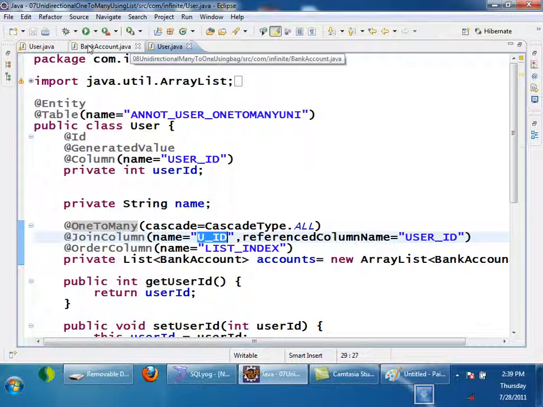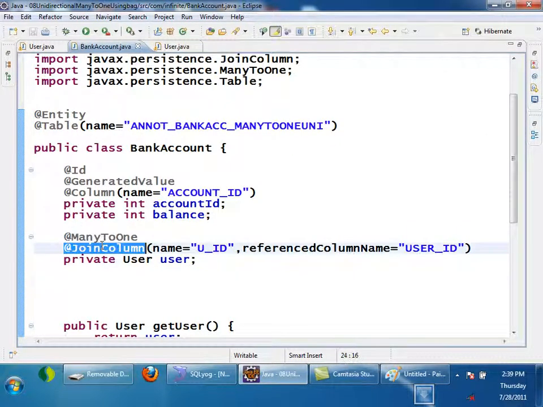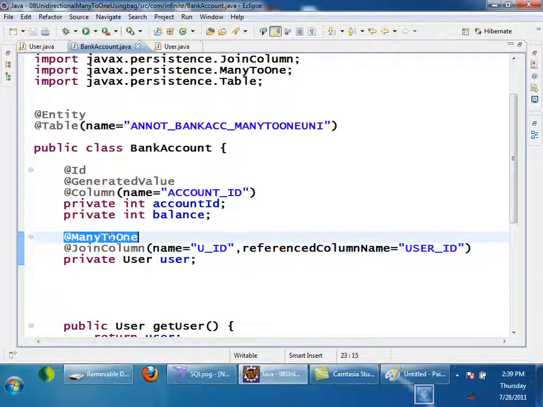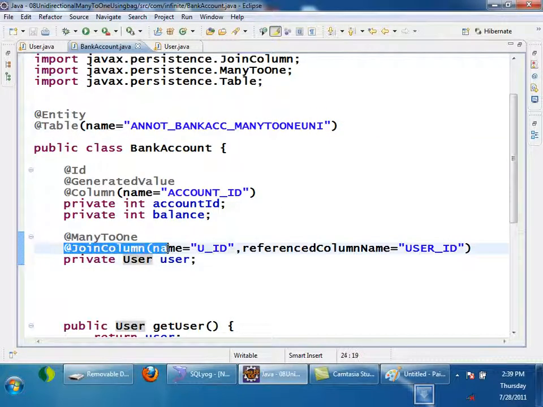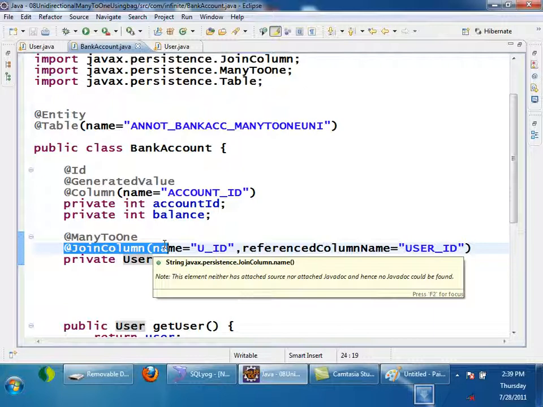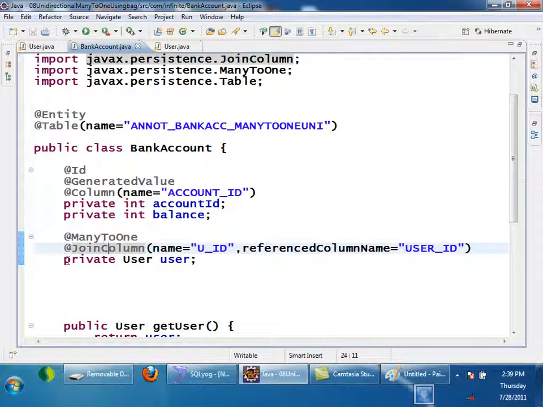And when I am using join column in combination with many to one, the foreign key will go to this side only. This side means what? Bank account side, right? So the foreign key will always be on the many side only. To tell about the foreign key, we will always use the join column annotation. That's it. We have done. We have configured unidirectional many to one.